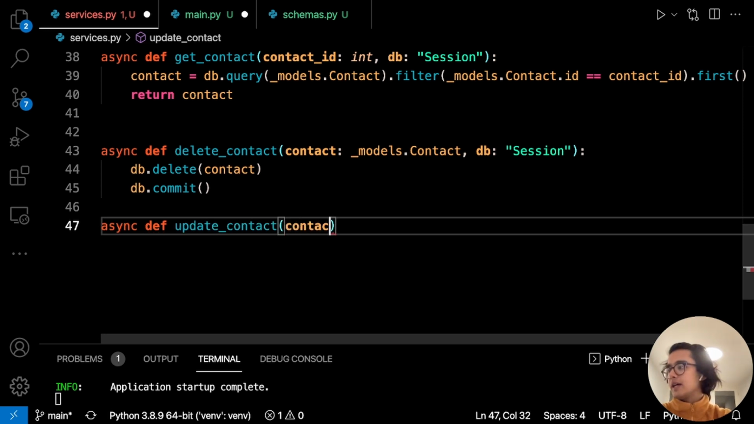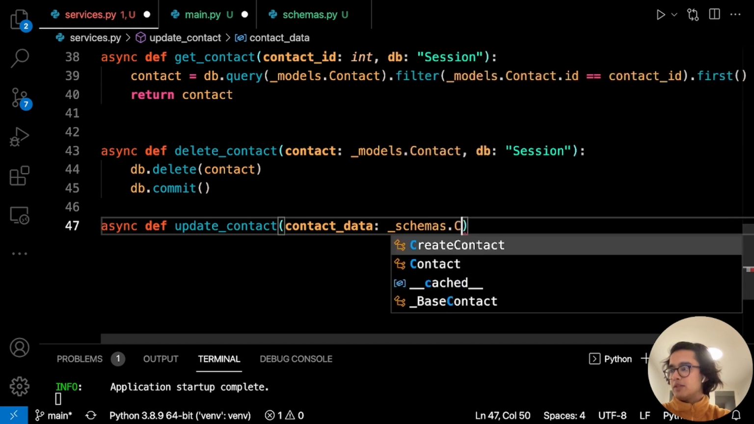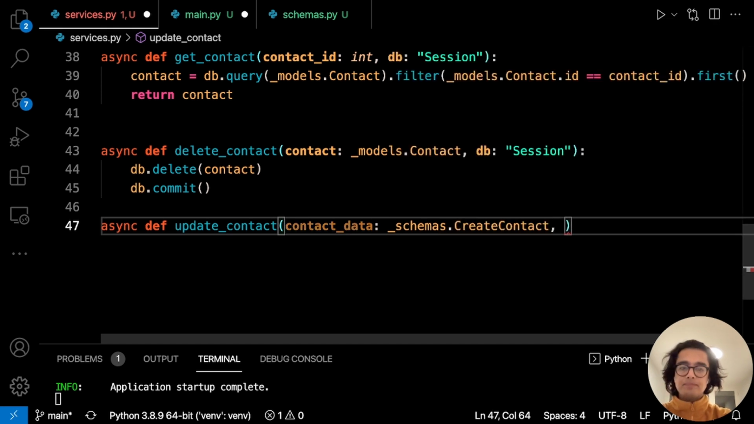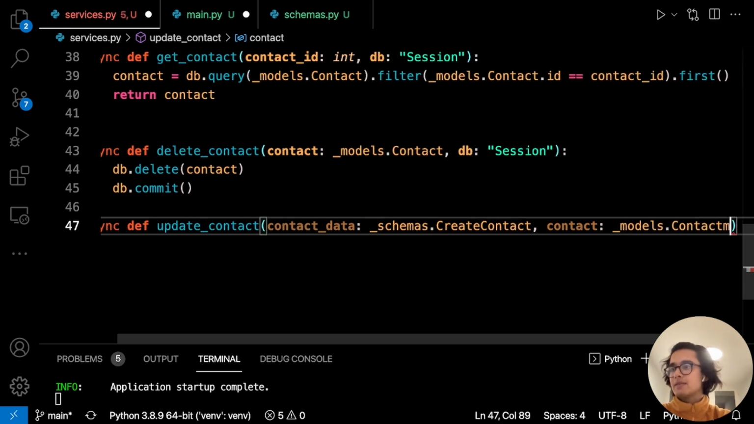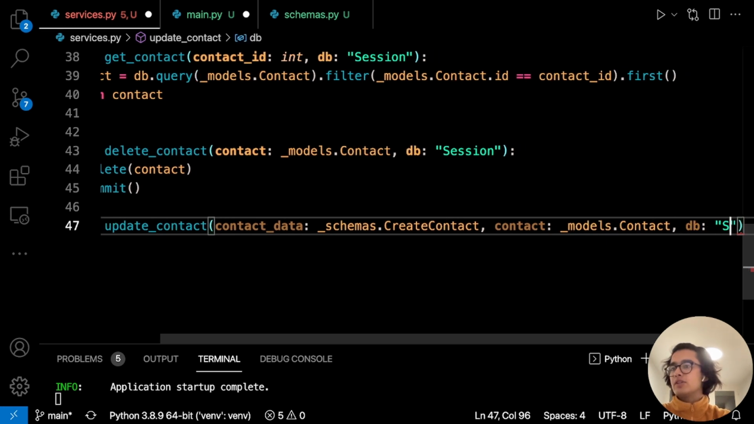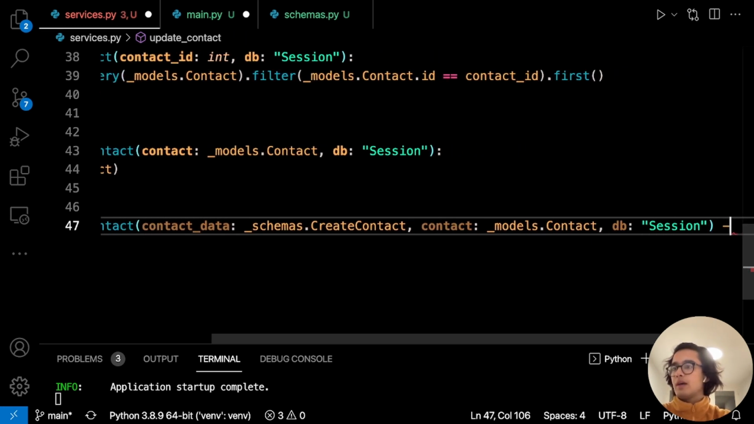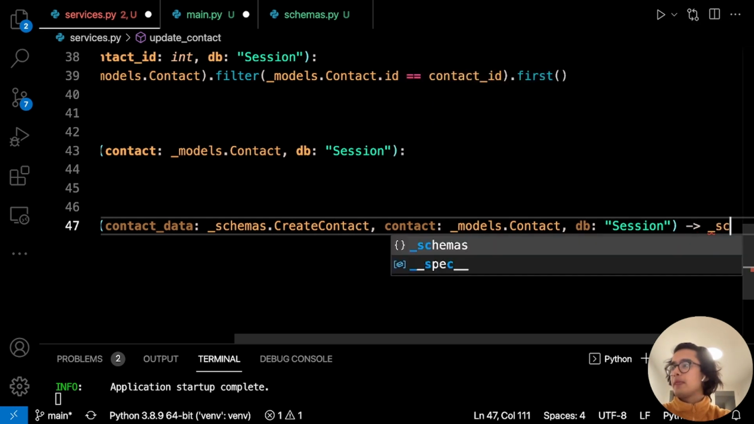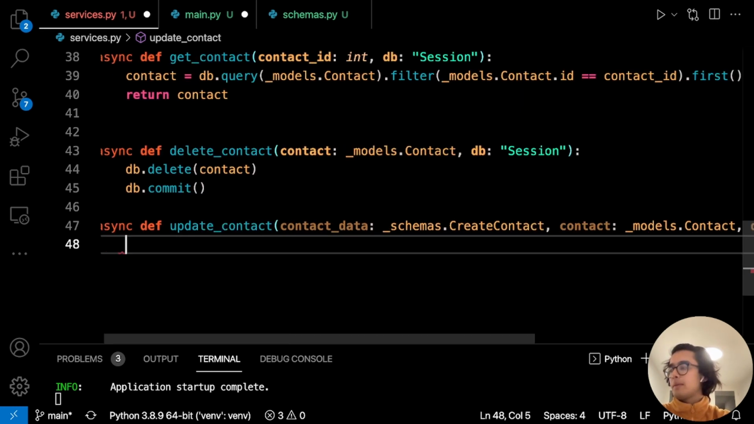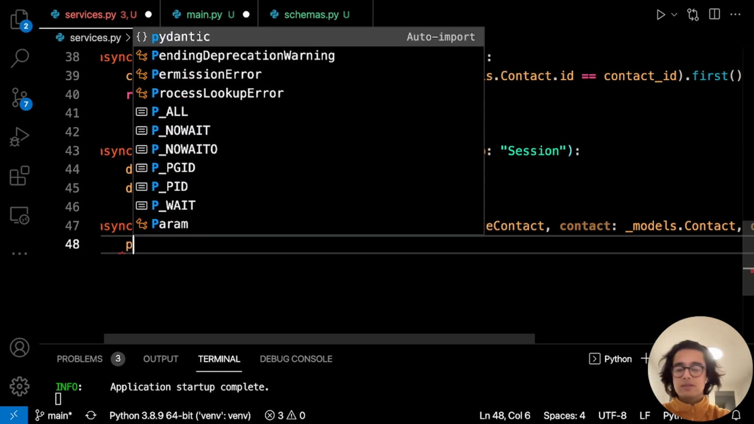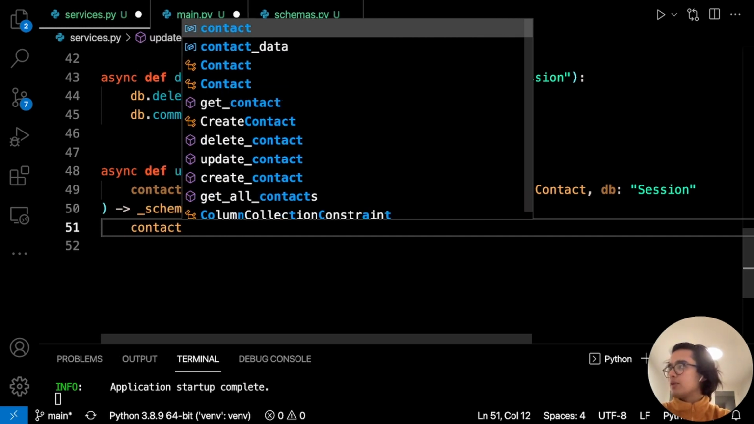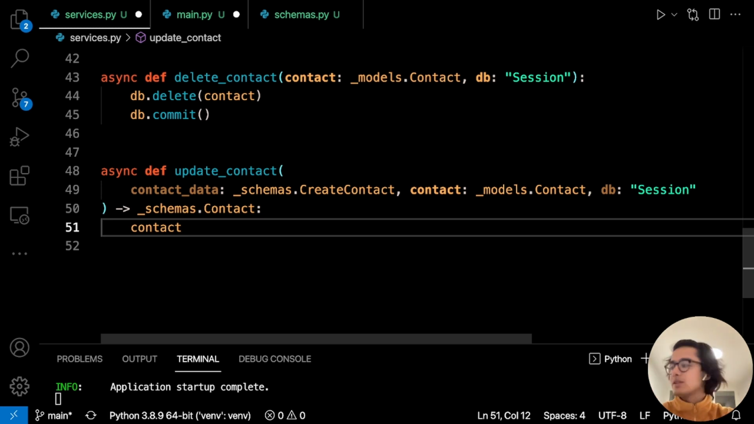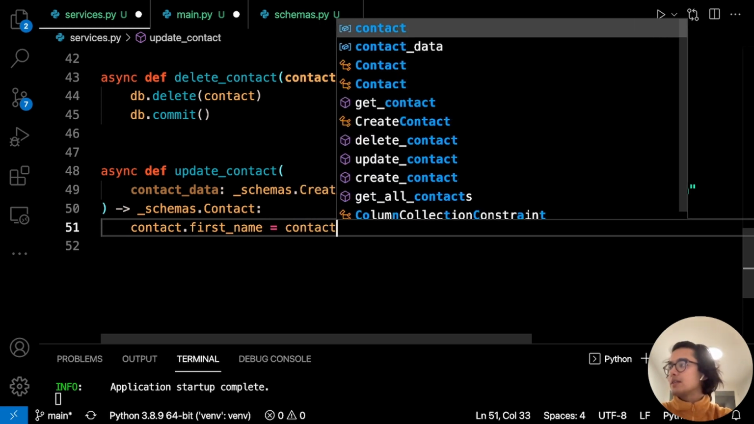And here we need the contact data, which is of type schemas.contact or create contact. The contact itself, which is of type models.contact. And then finally the database session. And then here we'll just return the schemas.contact. Let's put pass. Yeah, so let's first say contact, so the actual object in our database, contact.firstName equals contact